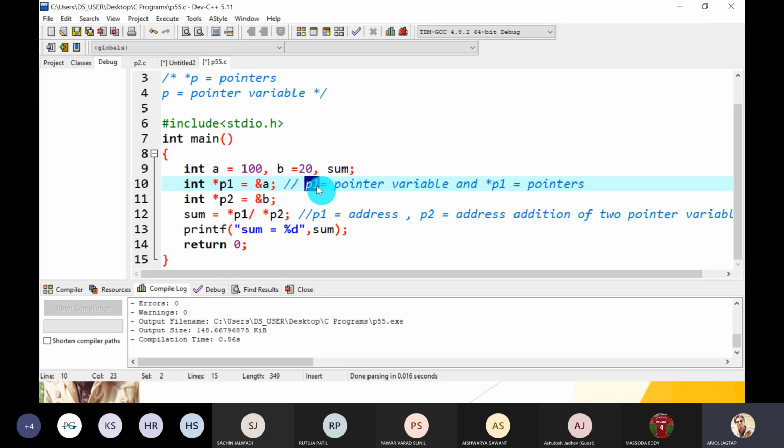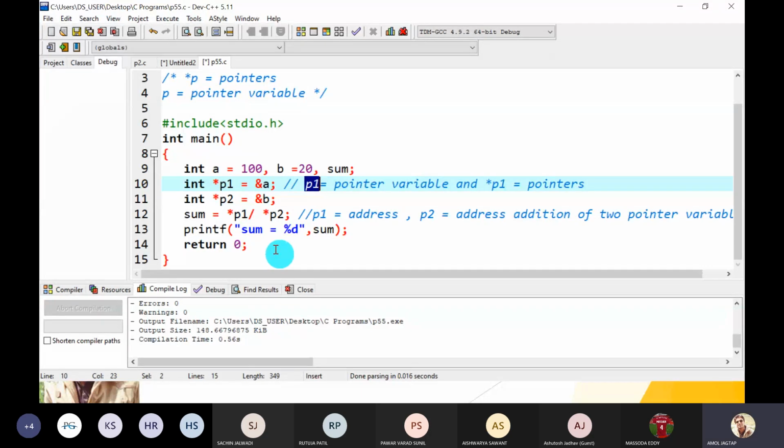We cannot multiply two addresses at a time, cannot add two addresses at a time, cannot subtract the two addresses, as well as cannot divide the two addresses. So it is not possible. Understood, guys?